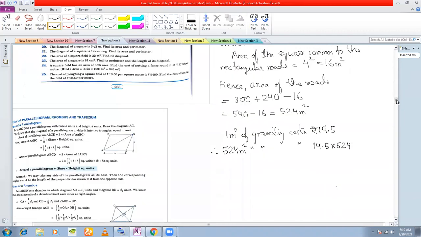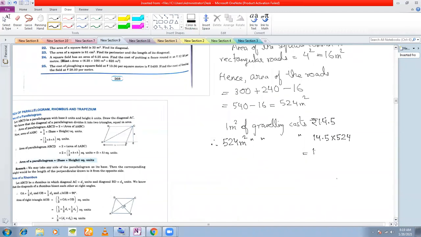Okay, so which is equal to 145 by 10 into 524, and cancel with 5. Sir, 7598. How much? 7598. Yes, sir. So this also cancels. 262. Yes, 7598 rupees. So this is the cost